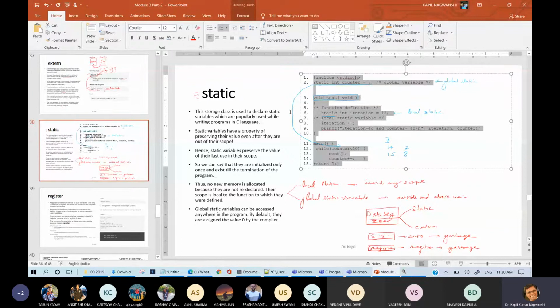Okay. So this is static variable. So let me open the program of static variable. Where is Code::Blocks?